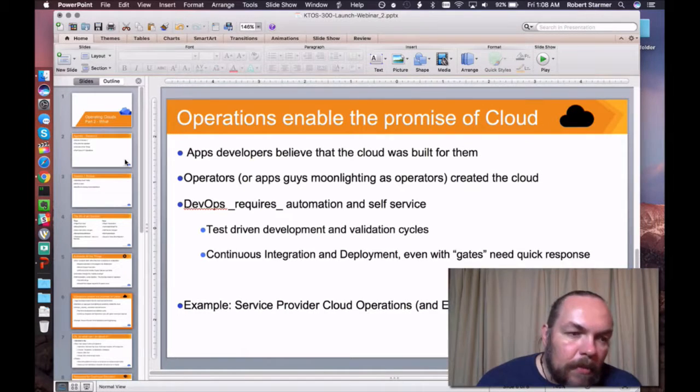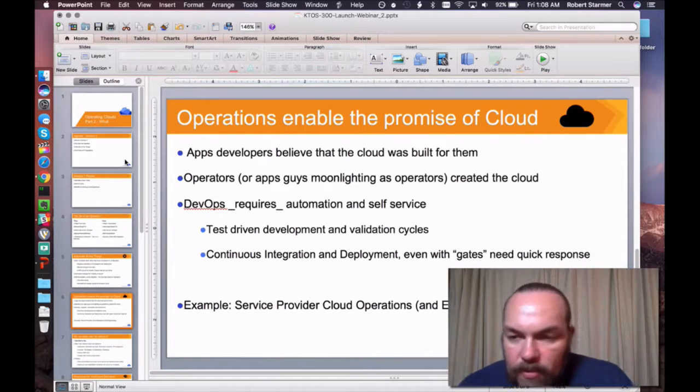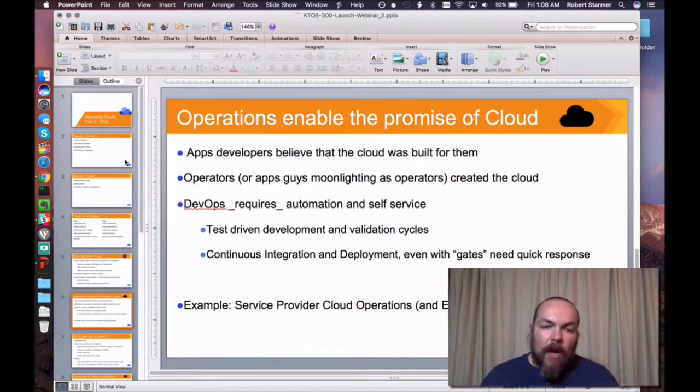And that means that we need to be able to provide them platform services. We need to be able to provide them bare metal resources with GPU acceleration if that's what they need. And in order to do that, we need to operate and automate all of those systems resources. So the DevOps users really need this whole automation and self-service resource model. They need it so that they can automate their tests and make their test cycles run more efficiently. They need this so that they can automate their continuous integration and deployment delivery so that they can actually get their applications out and into the public eye faster. That's what we are here to support.